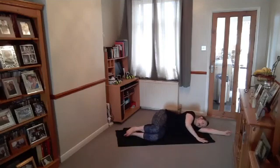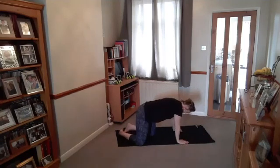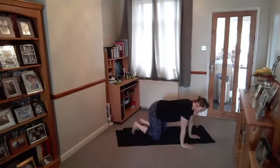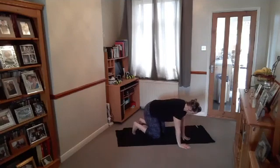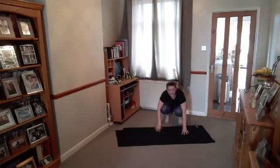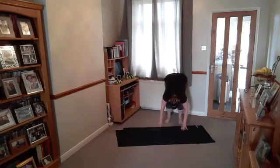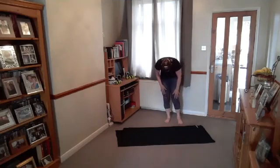And then from here, we're just going to bring ourselves round into box position. Back flat, tabletop spine. You're going to push yourselves back into a crouched position. Now, we're going to be rolling ourselves up to stand. If you need something to hold on to, then move closer to that item, okay? Breathe in, place the feet down, breathe out, and using as many breaths as you need to, start the process of rolling back up